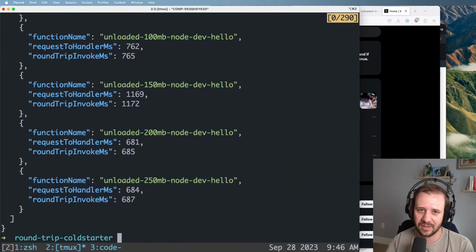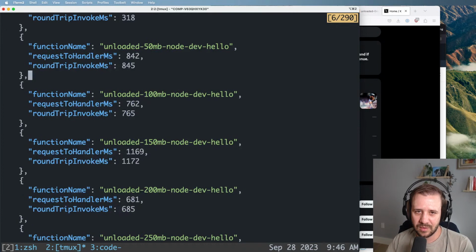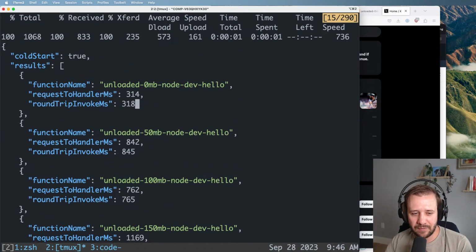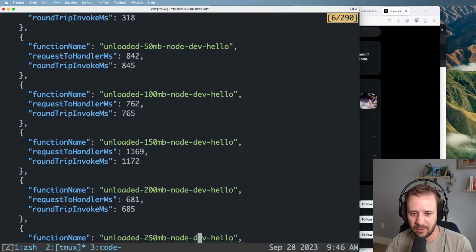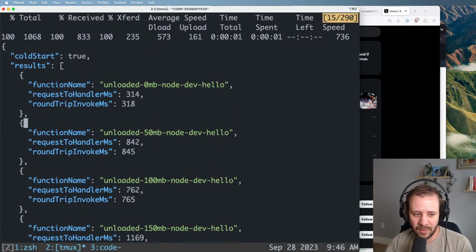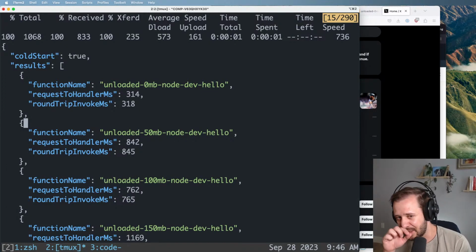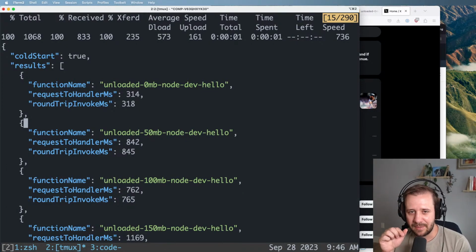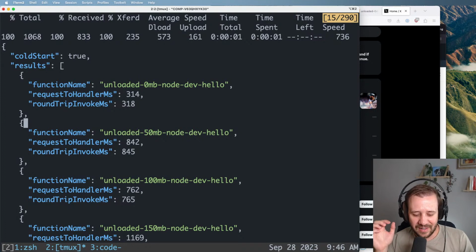But that's a cold start. Look at those. And I also feel good about this result because the 0 megabyte function is consistently a little bit faster than everything else. But what's interesting to me is that these others seem to be clustered. It seems to be bimodal. And there's a bunch of reasons I can think of for that. The number one reason is that